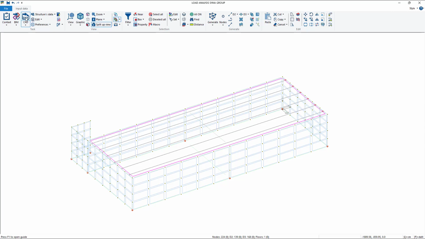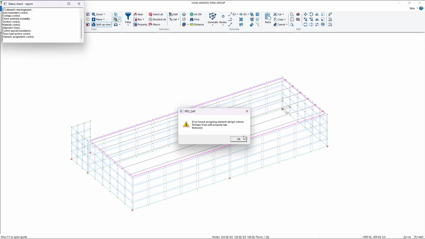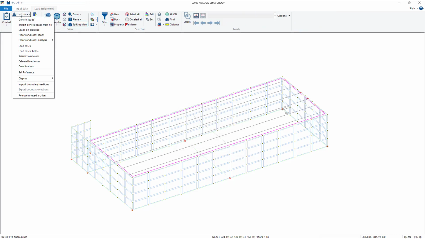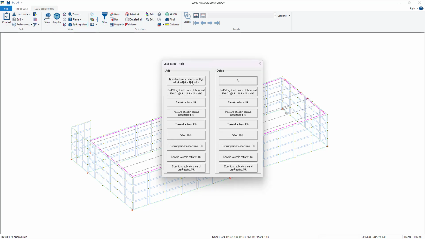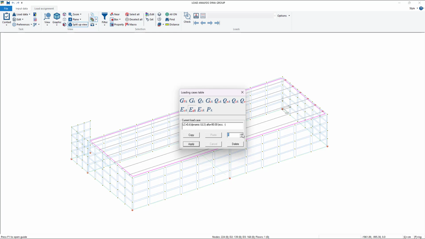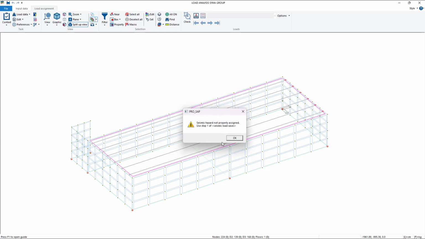We can go again on check structure data. Okay. And on load assignment, if we go load cases help, we can delete all, add all, yes. Okay, and in load cases now we should. Okay, we just don't have variable weights. Not anyway. We can go on about that. It's not a problem. You can also always add that manually, basically. If you double click, apply. Now you have one.